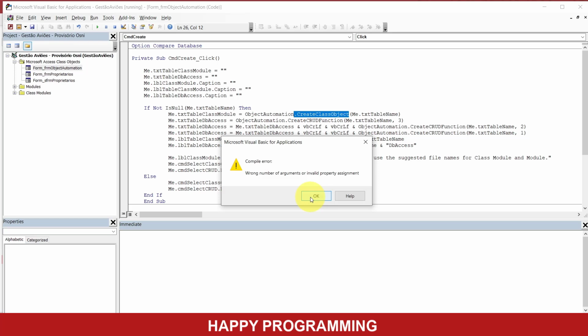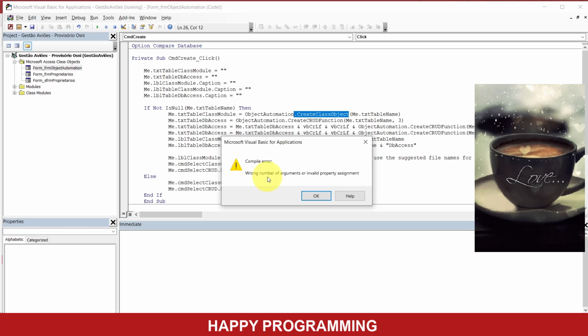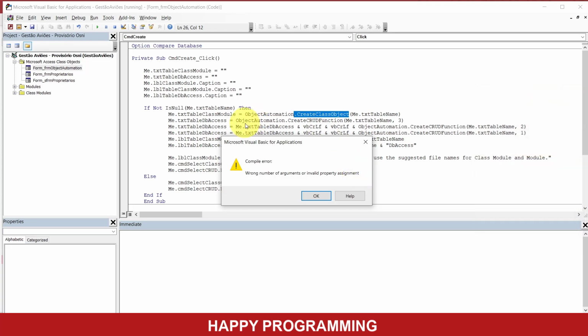Well, that's pretty easy to debug. See there? I already know the issues just reading the pop-up message. One would expect the argument is invalid. It says wrong number of arguments or invalid property assignment. So that means this object, this module, object, automation, create object, expects